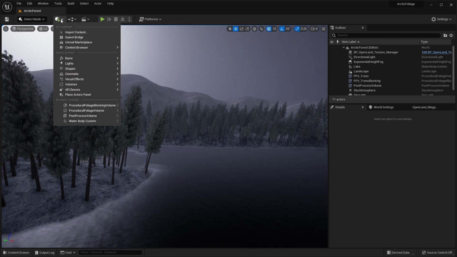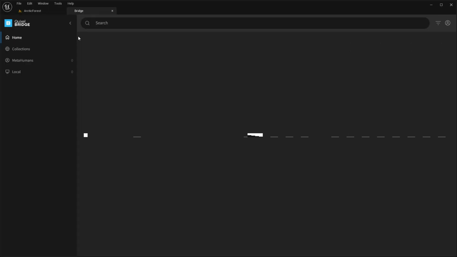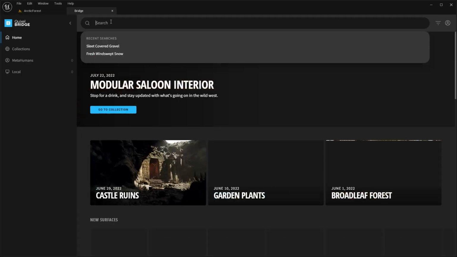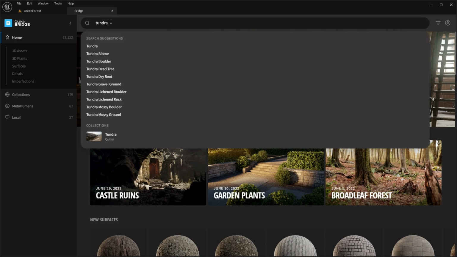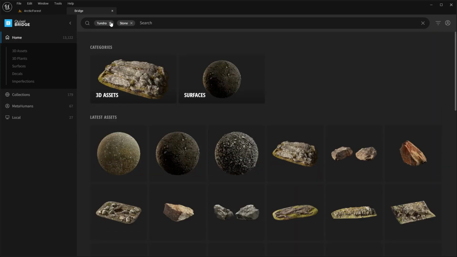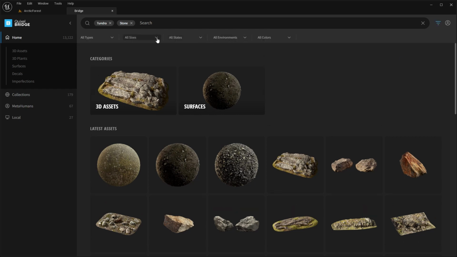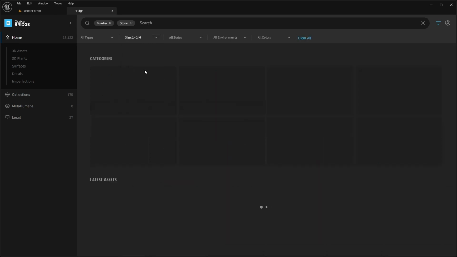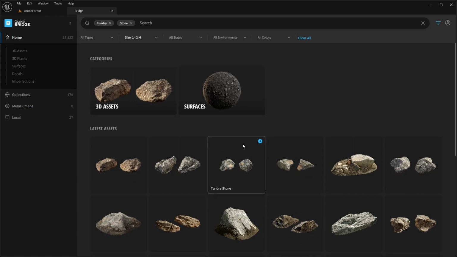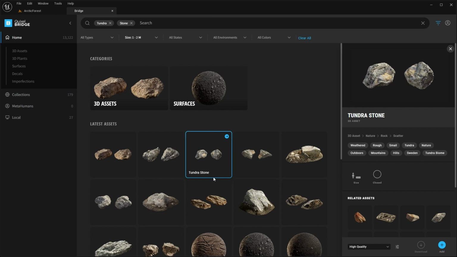So go to the Add menu, go to Quixel Bridge, and if you search here for Tundra Stone, and then in the top right here you've got this little filter option, and we can change the sizes to sizes 1 to 2 meters. And the ones I'm using are this one here. They're all called tundra stone or similar. So this third one and this sixth one, they're fairly rounded rather than jagged. So if you select both of those,